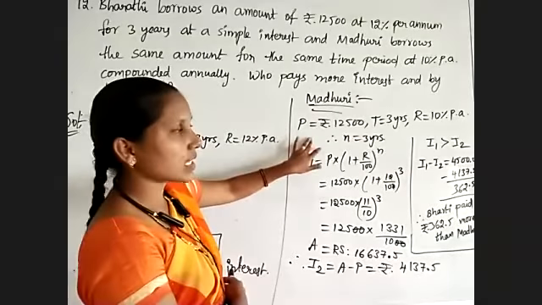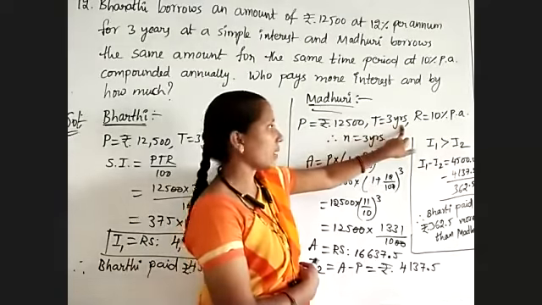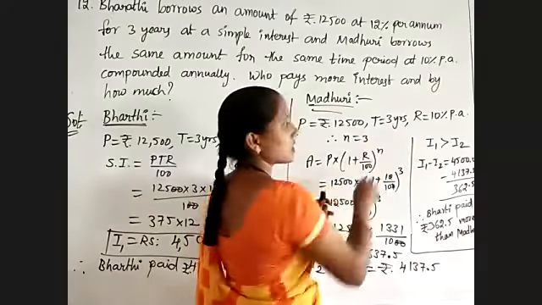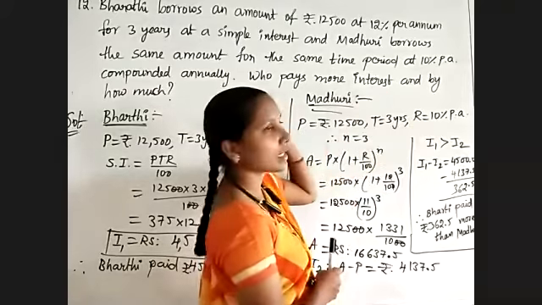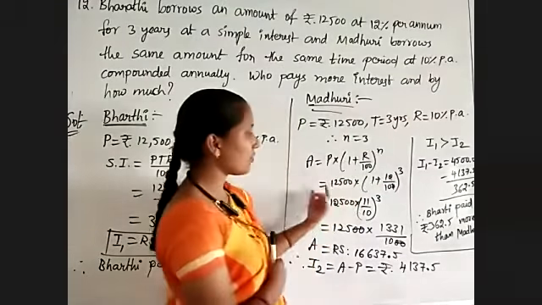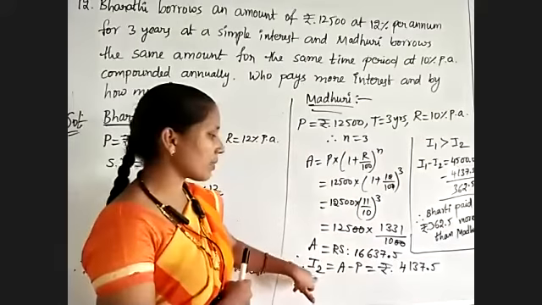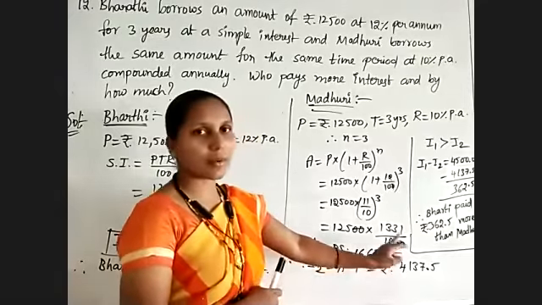And because it is compounded annually, n will be equal to the number of given years, that is nothing but 3 itself. N equals 3. Number of conversion periods is equal to 3. Rate of interest also will not change because interest is compounded annually. So apply the formula for amount. But we want interest, not amount. Interest will be equal to amount minus principal, and the difference we are getting is 4,137.5.